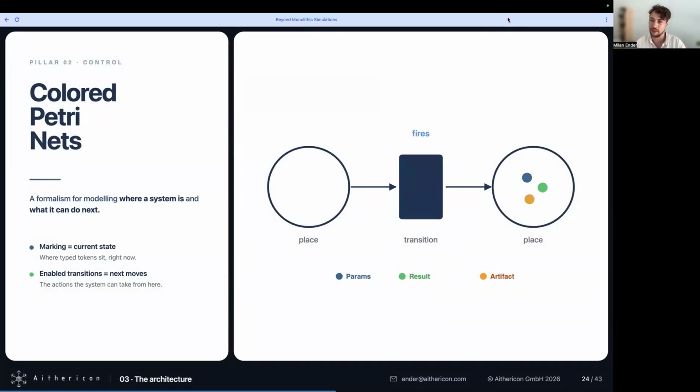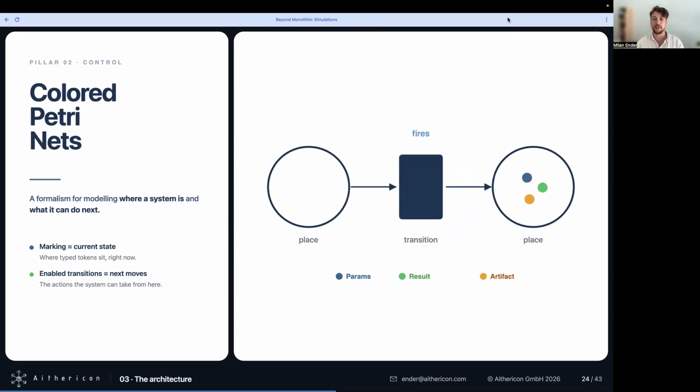But this alone doesn't allow us to represent the very complex workflows that we are facing when doing research. Another quite nice technique to represent state, which is fairly well studied now in computer science since a couple of decades, is called Petri nets. So this is coming from control theory.